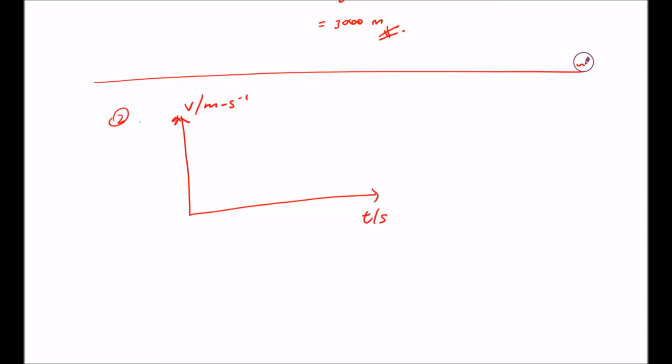The car was initially at a certain velocity which we don't know, but we know that it decelerates at a uniform rate of 2 meters per second square. So the velocity time graph is a straight line with a gradient of minus 2.0 meters per second square. We don't know the time, so let's just label t1 and the initial velocity as v1. What we do know is that the area under the graph, which is the distance traveled, is equal to 9